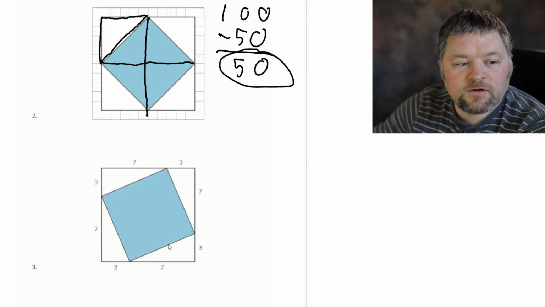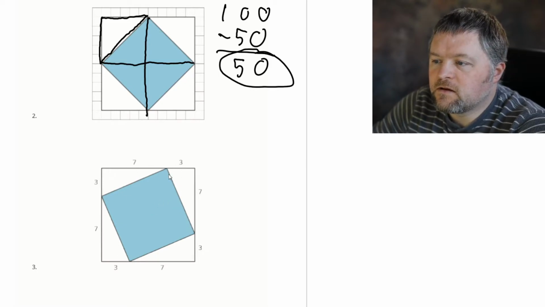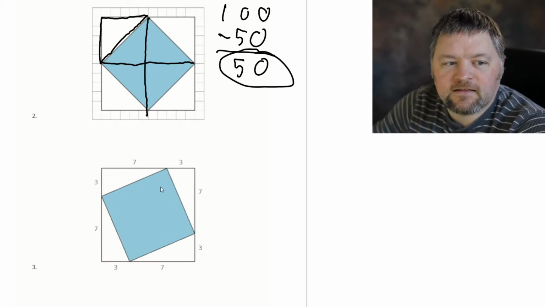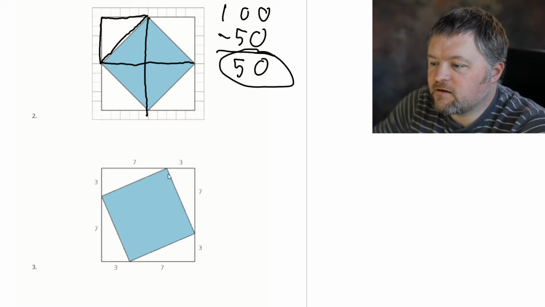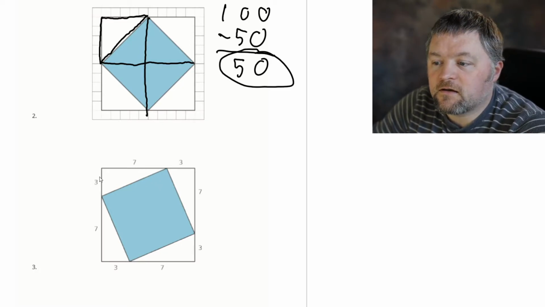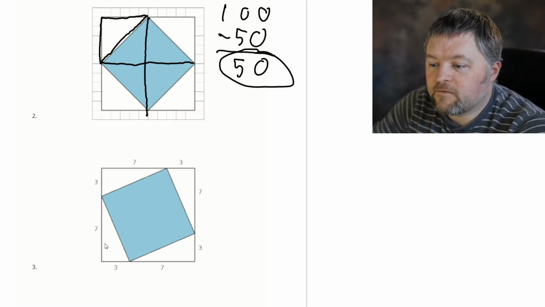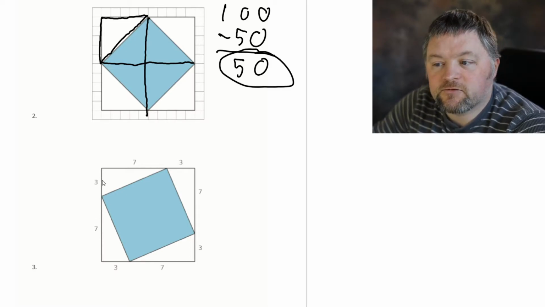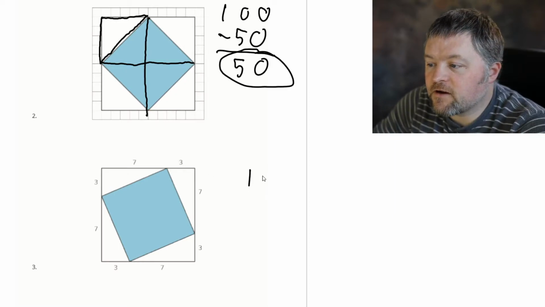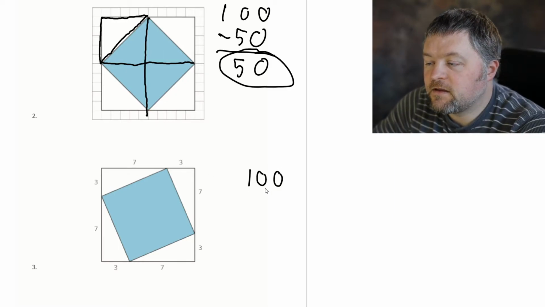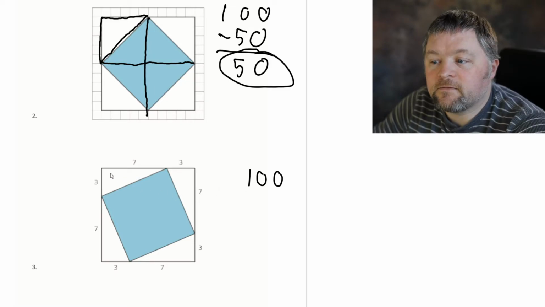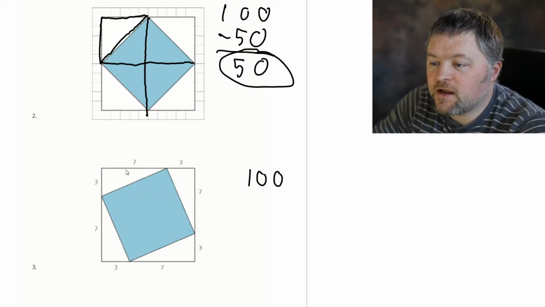Now this one doesn't have any lines inside. It'll be a little trickier. Let's just go with the area of the outside. Well, if this is 7 and this is 3, 7 plus 3 is 10. That outer area is 100 again. Now the area of this triangle here